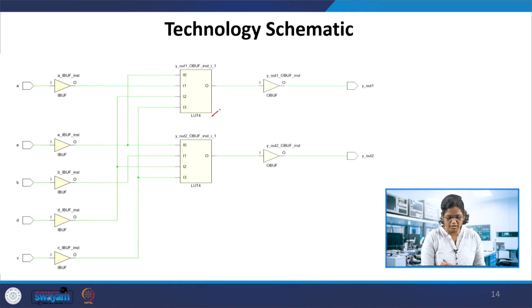For y out 1 there is one LUT, and for y out 2 there is another LUT, which use 4 input LUTs. This is picked according to the FPGA which we use. Here for the Z board, we have I0, I1, I2, I3, and a 4 input LUT is used, and each output has a buffer as well, y out 1 and y out 2. So this is the technology schematic of the code which is written over there.